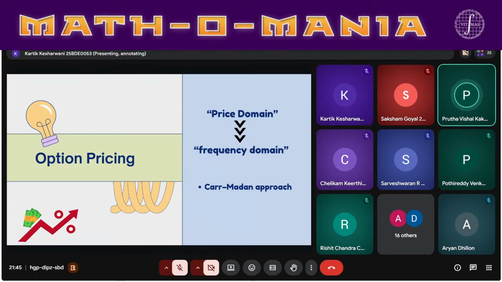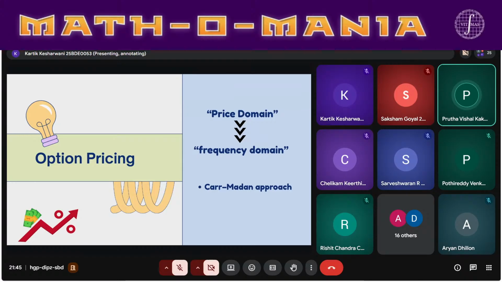This is where the convolution property of Fourier transforms becomes extremely useful. Instead of directly integrating complicated functions, we transform them, multiply them, and then apply an inverse transform to obtain the option price. A well-known application of this idea is the Carr-Madan approach, where option prices are computed using the